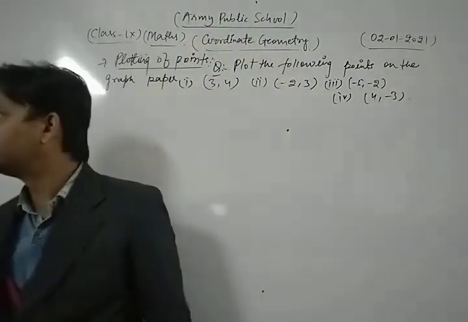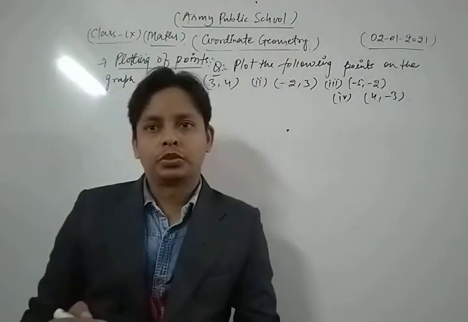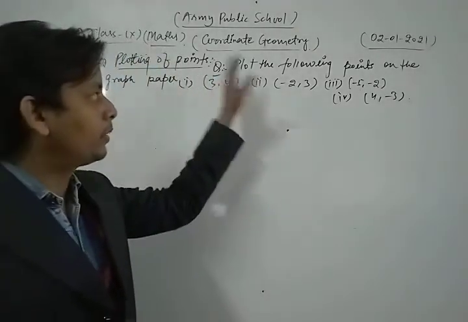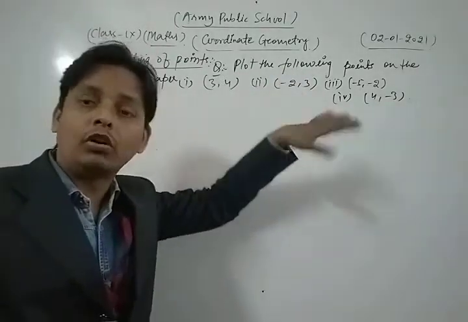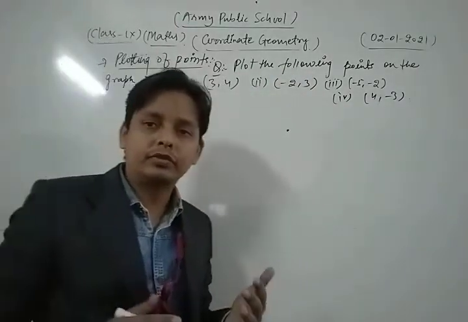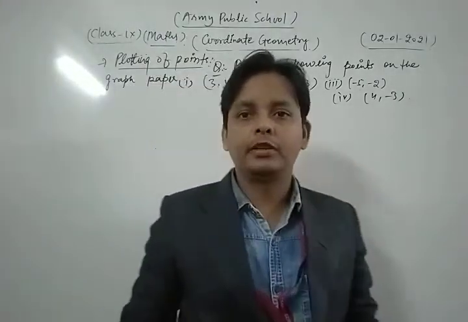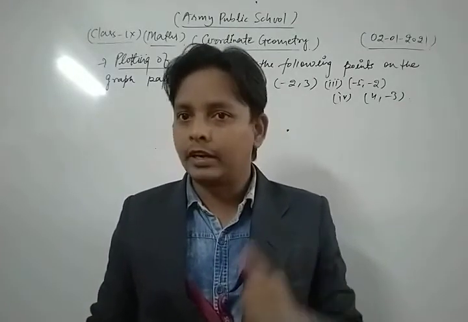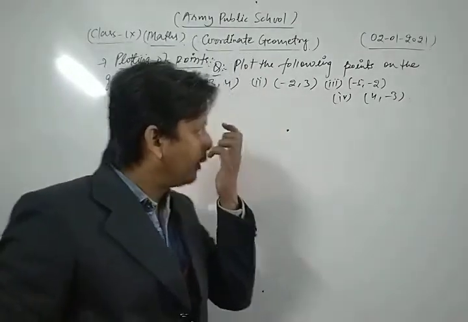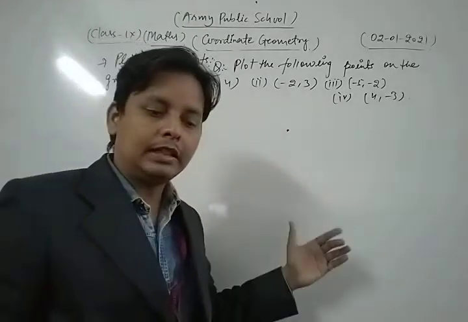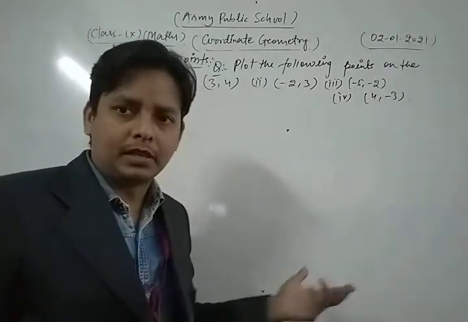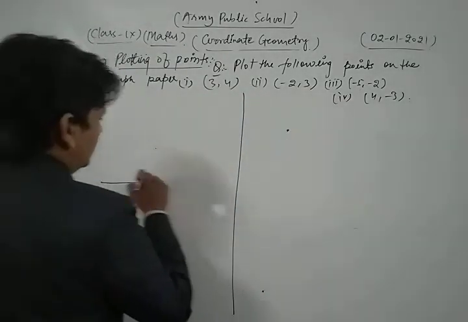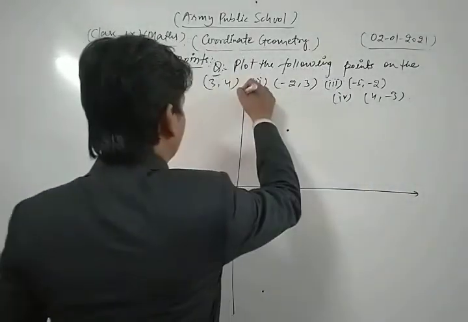Okay. Dear friends, this is the question here. Let's see, in that question we plot these points on the graph paper. So first of all, we draw on the graph paper the two mutually perpendicular lines named x-axis and y-axis respectively. After that, we plot all those points on the same graph paper. First of all, we draw two mutually perpendicular lines